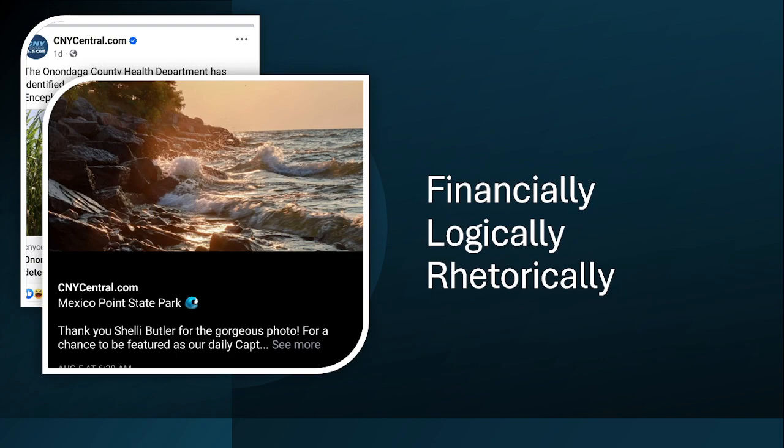So when we're trying to spot a bear, we can spot the bear in a couple different ways. It really depends on your perspective and how you want to approach the situation and what you're looking at. So you could look at the picture on the screen and say, hey, that looks like a really pretty sunset. You could also say, that could be a pretty dangerous cliff if it was a park and it doesn't